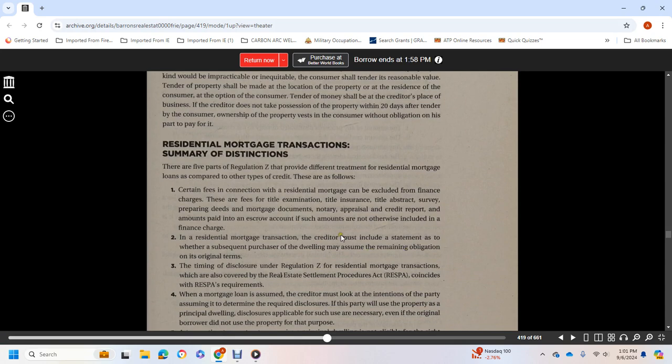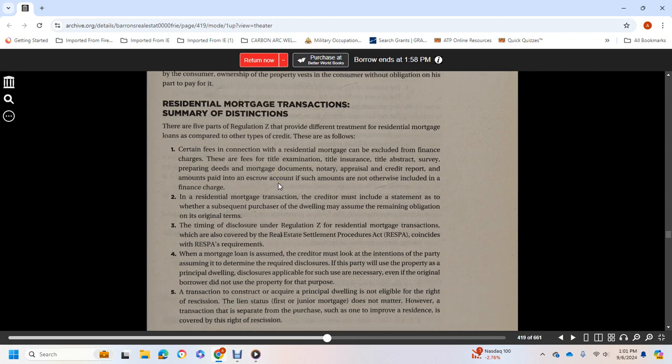Residential mortgage transactions: Part 5 of Regulation Z provides a different treatment of residential mortgages compared with other types of credit. These are as follows. Certain fees in connection with the residential mortgage can be excluded from the finance charge. These fees are the title examination, title insurance, title search, survey, preparing deeds and mortgage documents, notary, appraisal, credit report, amounts paid in